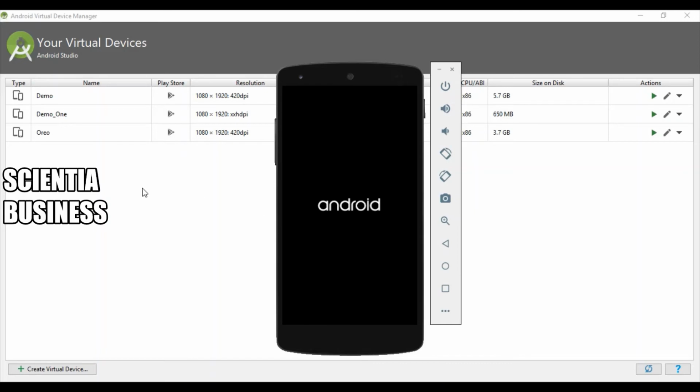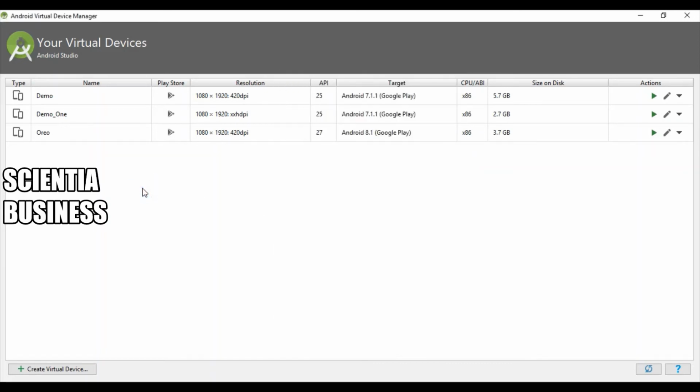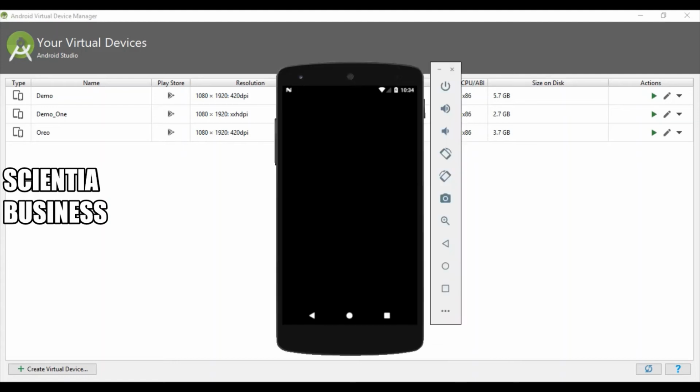As you can see in the background, it is not restricted that you need to have only one virtual device in one PC. You can create as many devices as you want, but you need to keep in mind that the more devices you create, the more disk space it will take, and your computer might become slow. So according to the requirement, create a virtual device and start using it, right?